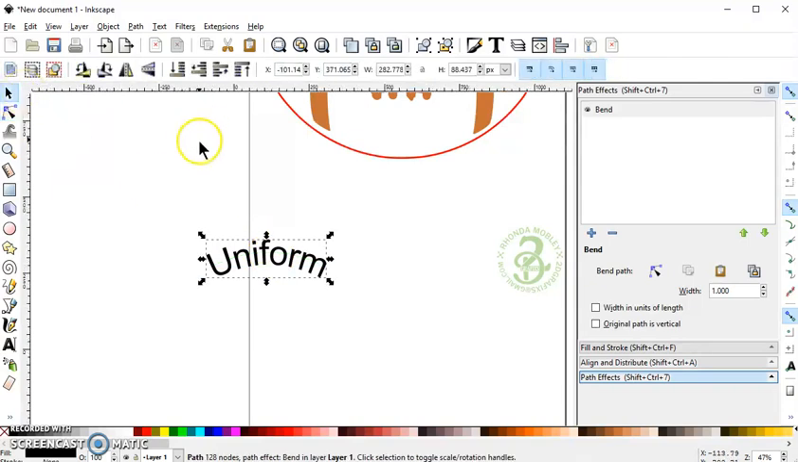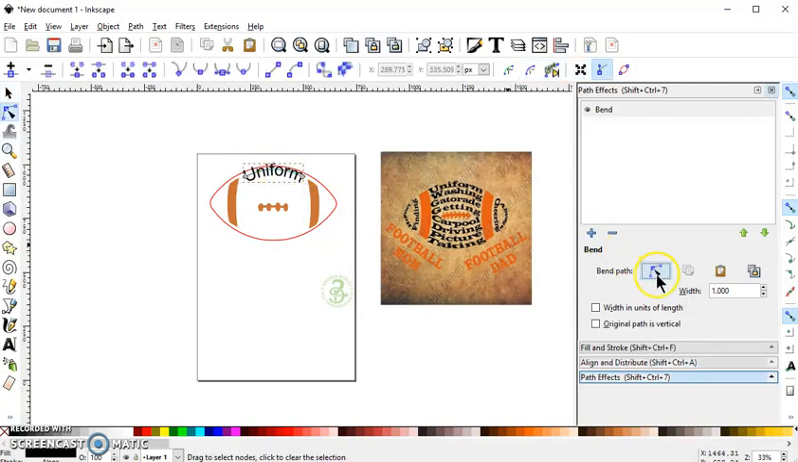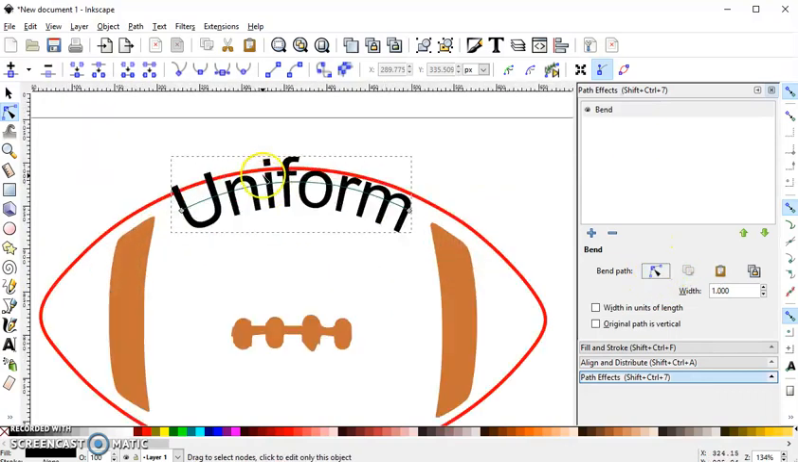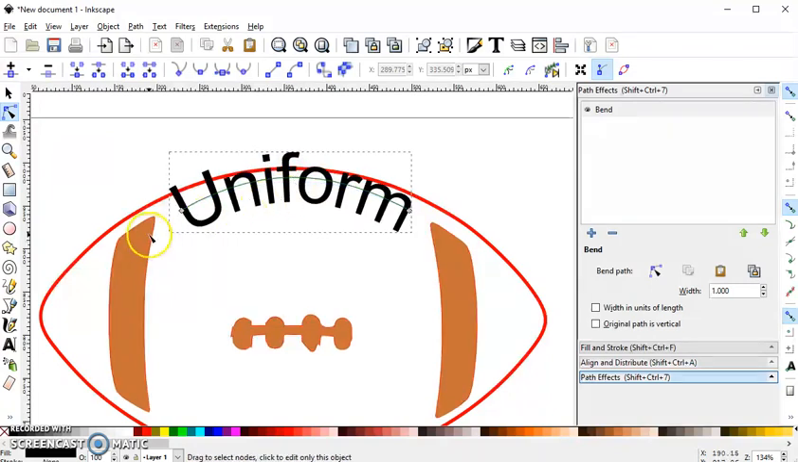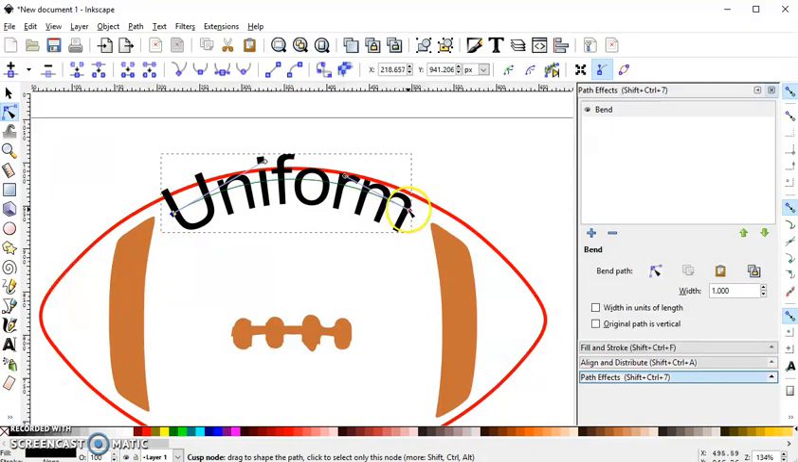Okay. Now, I probably should have put this up here so I could see how much to bend it, but all I have to do is click on my bend path again, and that actually looks kind of good. It's not long enough on the sides, but you can stretch that out. You can either grab this node and stretch it out a little bit, get it where you want it,